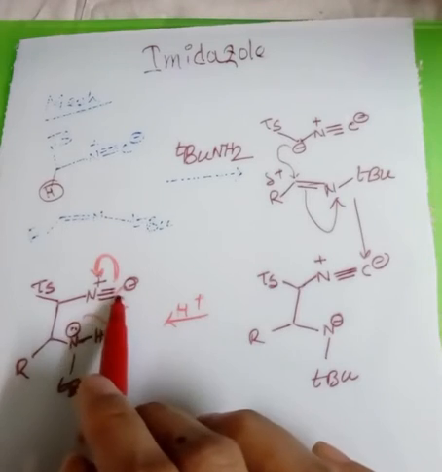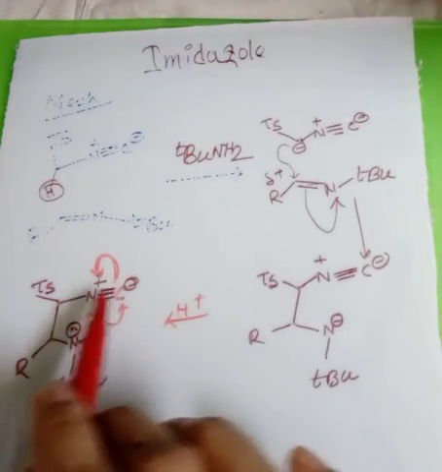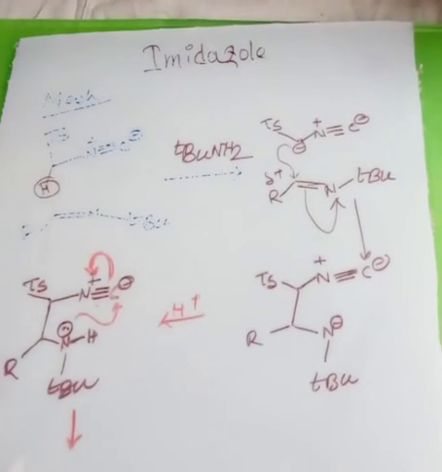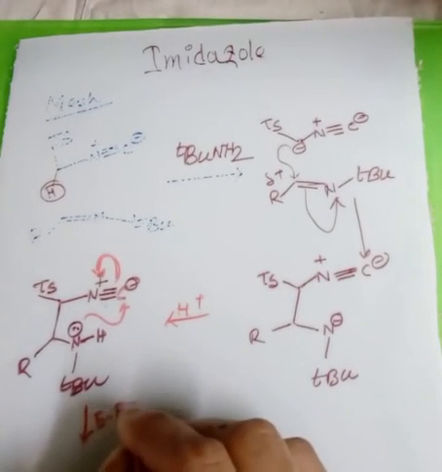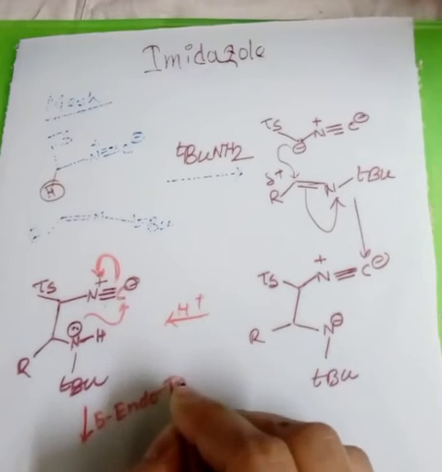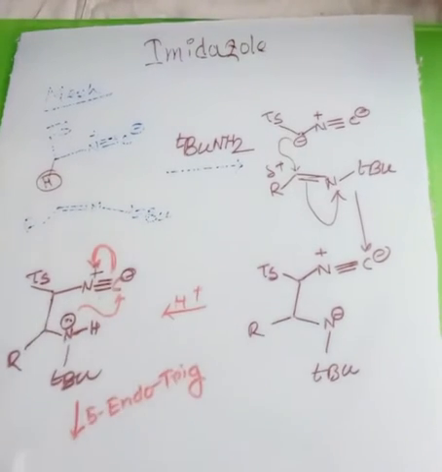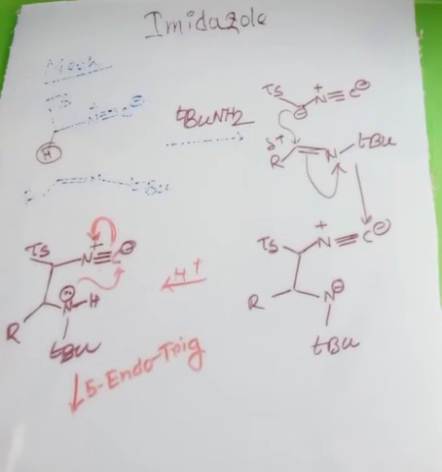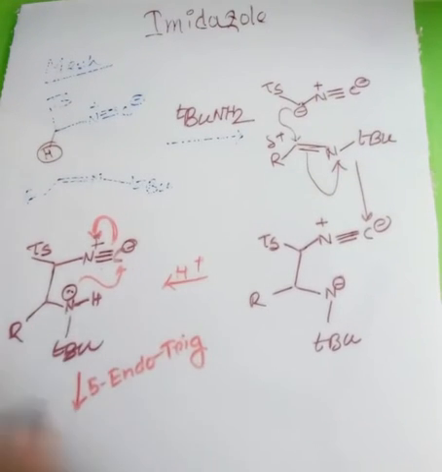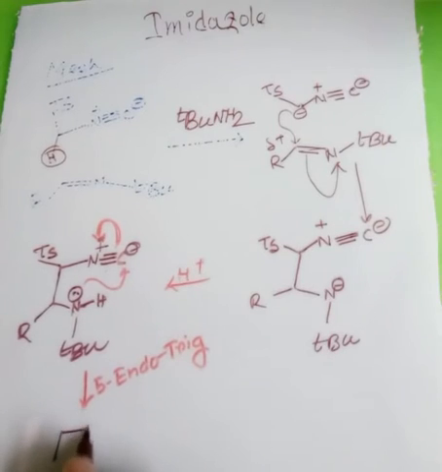Trigonal means this bond has a 180 degree angle, so we call it 5-endo-trig. According to Baldwin's rule, it is energetically favorable, and we get a ring closing reaction,